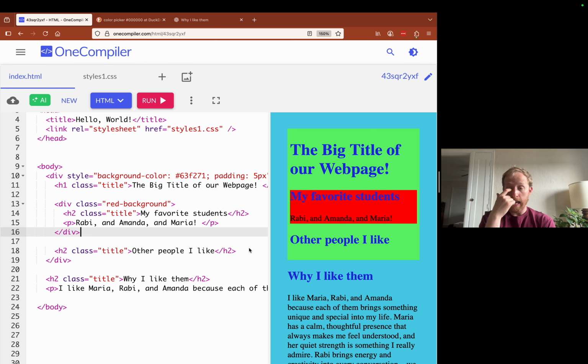I would say it's a box. It works like a box. Div is a divider, right? That's what it's short for. A div is a divider, and it essentially acts like a box on your HTML page. So here we have a div, or this red thing is a div within a different div. So they're very crucial in the sense that they allow us to divide up our web page.